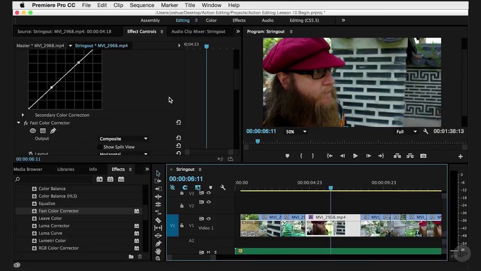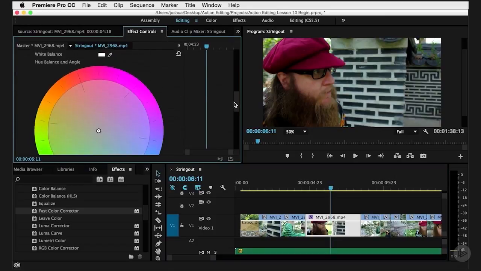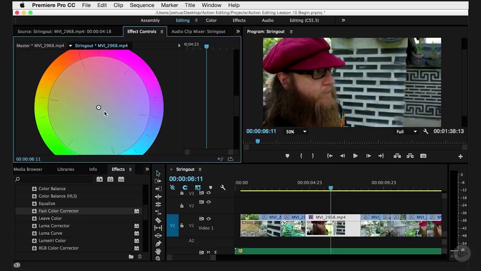Next thing we want to do is mess with our color. Like I said, here's my color wheel. I want to warm things up a little bit, so I'm going to just click on the center and drag it out to the orange. Obviously, you can do extremes in any level. A little green would actually kind of make a little bit of sense because a lot of people like green filters. In reality, if this is supposed to look like it was shot on film, a little bit of red or orange makes more sense because that's kind of what those look like. So I'll go ahead and do this pretty extensive red or orangish